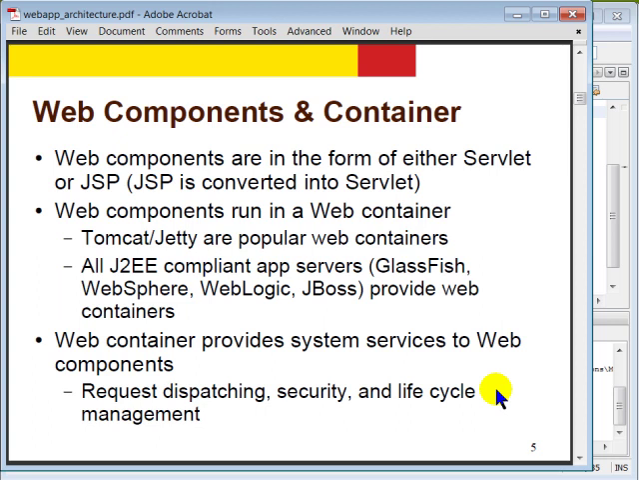So web components are in the form of either servlet or JSP. Actually, JSP pages are compiled into servlet code. So web components are in the form of servlets mostly. And web components run in web container. So typical examples of web containers are Tomcat, the most popular web container, and Jetty is also a popular web container. As well as all Java EE compliant app servers such as Glassfish, WebSphere, WebLogic, JBoss, they provide